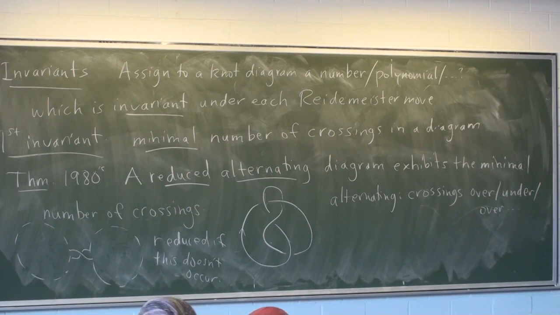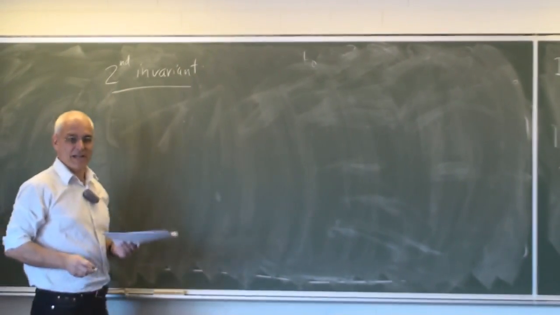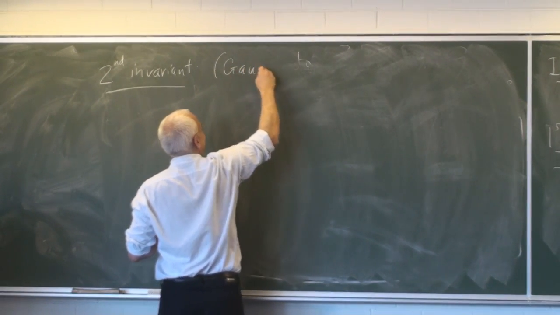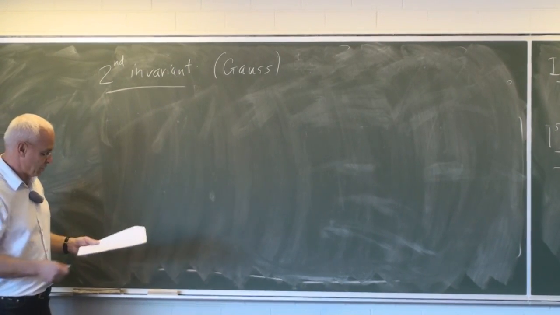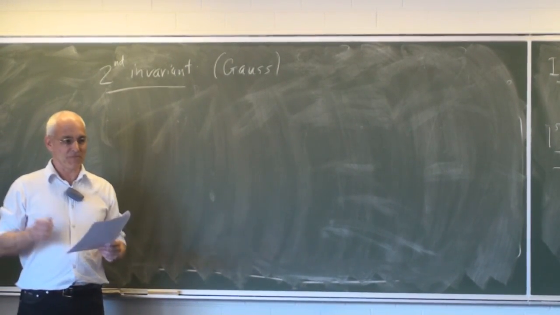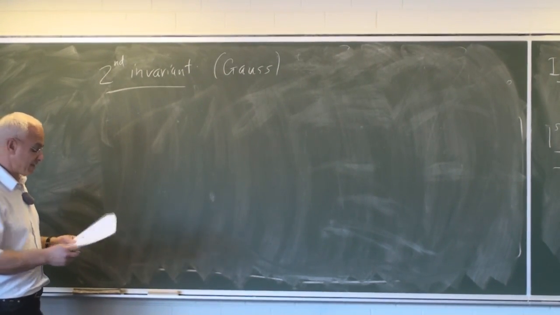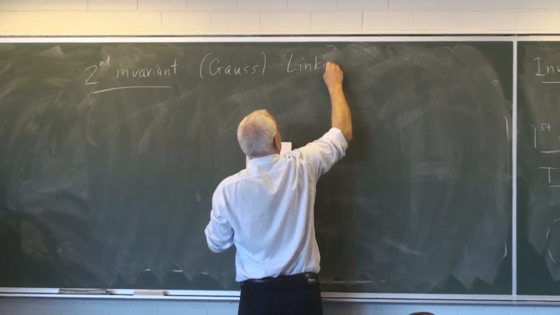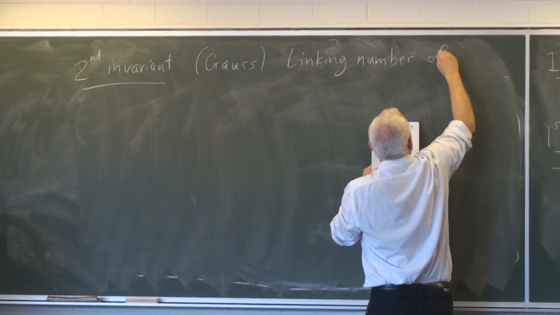All right, so the second invariant is actually the oldest invariant in the subject. In fact, it goes back to Gauss. Gauss actually thought a little bit about knots. He realized that a certain integral could be interpreted as what is essentially an invariant of links. So we'll call this the linking number of a link